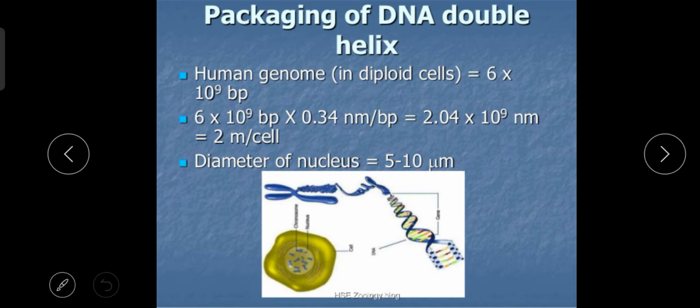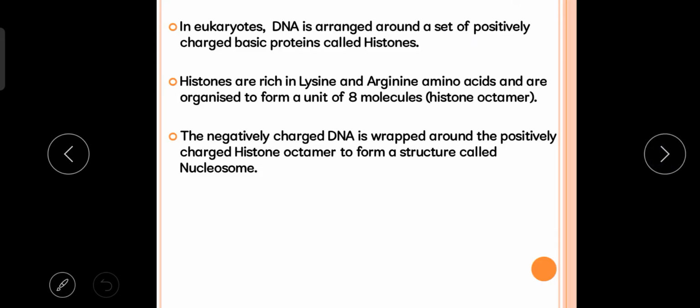The diameter of the nucleus is just 5 to 10 micrometers, much smaller than the length of the DNA molecule. So the DNA is found in a compact structure inside the nucleus, in the chromosome,